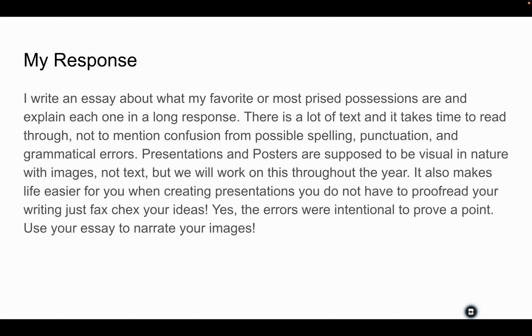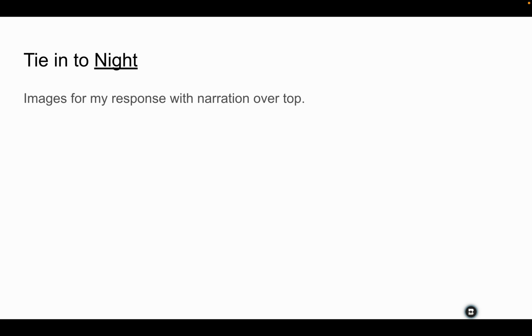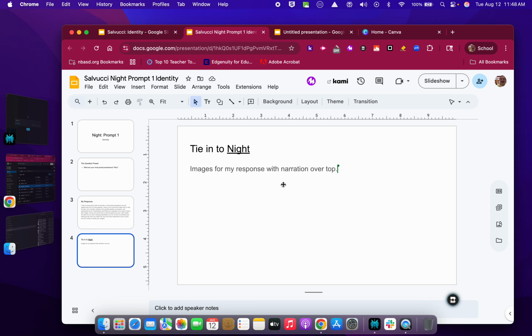This is long, it's long to read. It's an essay, it's not what the assignment is supposed to be. I tie it into Night. I should have images here for my response, and then I put narration over the top, and I'll show you how to do that. Okay? If you're using